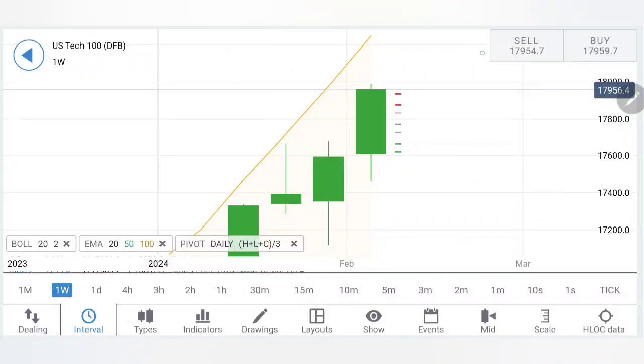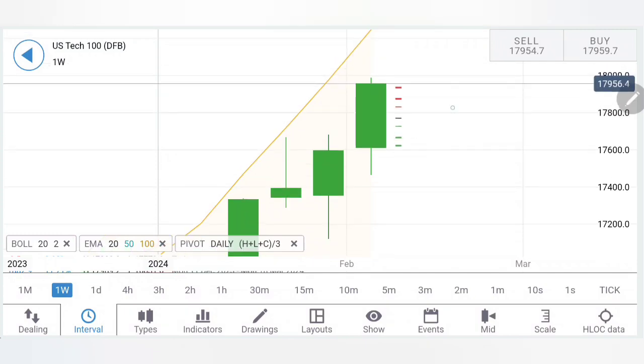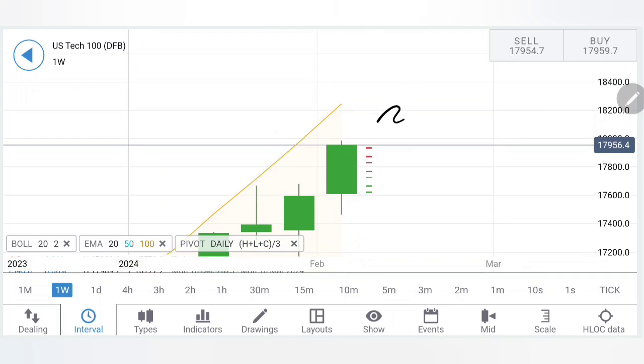Nasdaq 100 continued its bull run last week, where we have seen it going closer towards 18,000 levels. Last week in my weekly review, I mentioned very clearly that beyond 17,700 levels, we will look forward to 18,000 levels, and beautifully it has gone closer towards the level. What does this mean? Can we expect it to rise more in the coming week, delivering 18,300 to 18,500 zone,